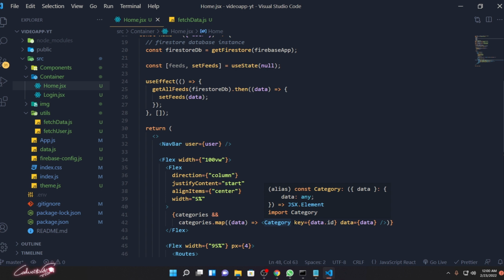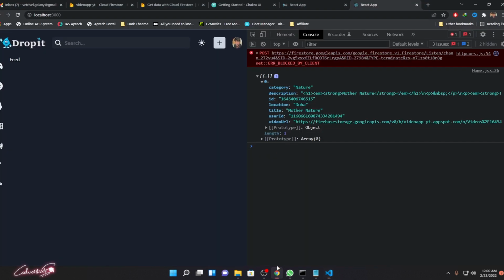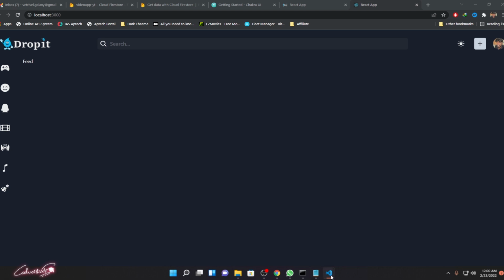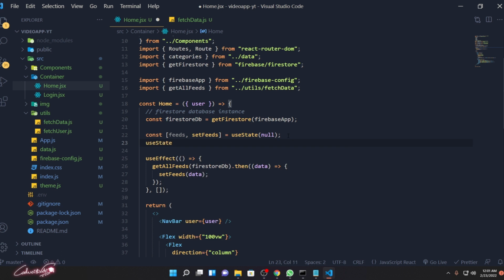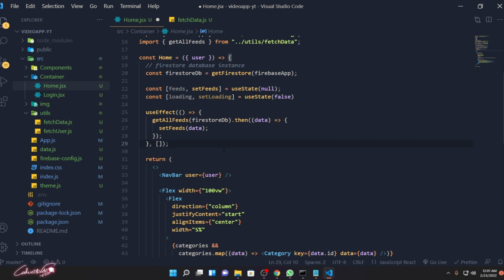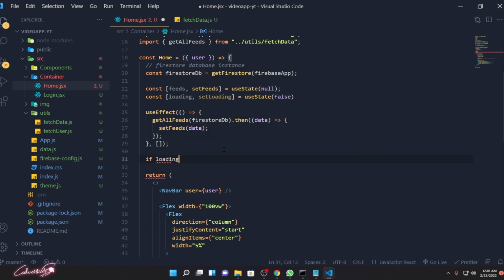So in the meanwhile, what we have to do is we need to set the loading state, because sometimes it will take quite a long time to load your data if your internet is not good. So we need to handle that one also, right? We need to give some interactive spinner over there. So I'm going to create one more state, useState snippet, loading. Okay, so false. For the time being it's going to be false. If loading,